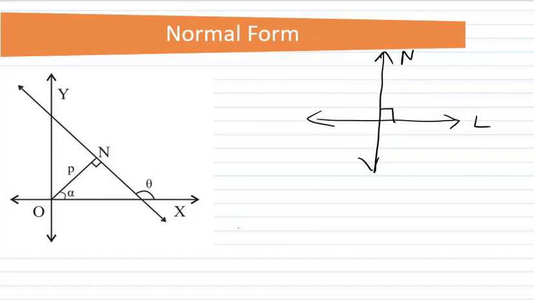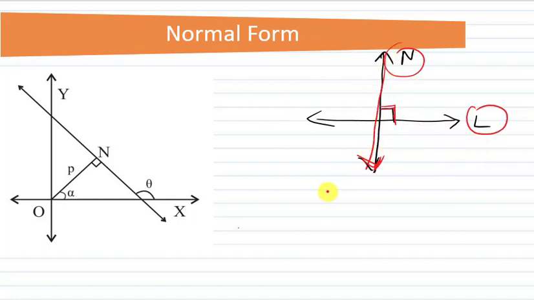Now we are going to learn normal form. So before that, what is meant by normal? Let's suppose there is a line L, and to line L there is a second line N which is perpendicular to it. So whenever any line is perpendicular to the other line, this line N will be called normal to line